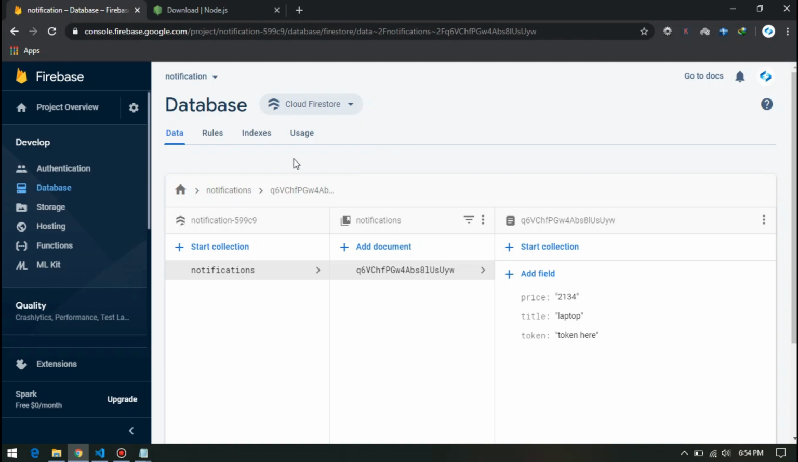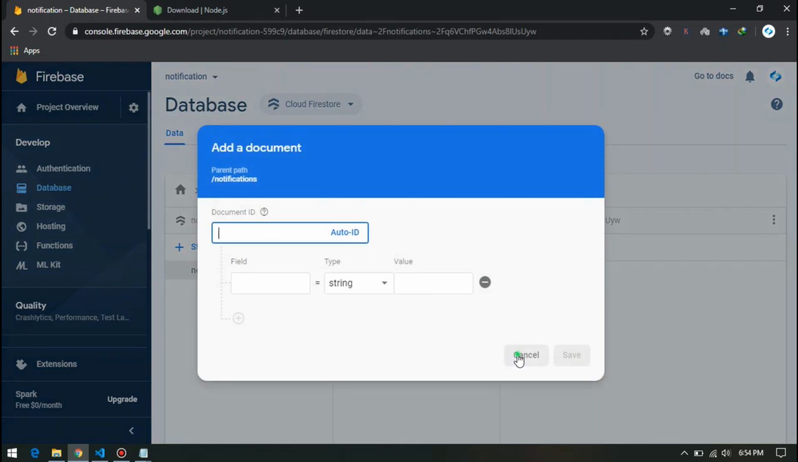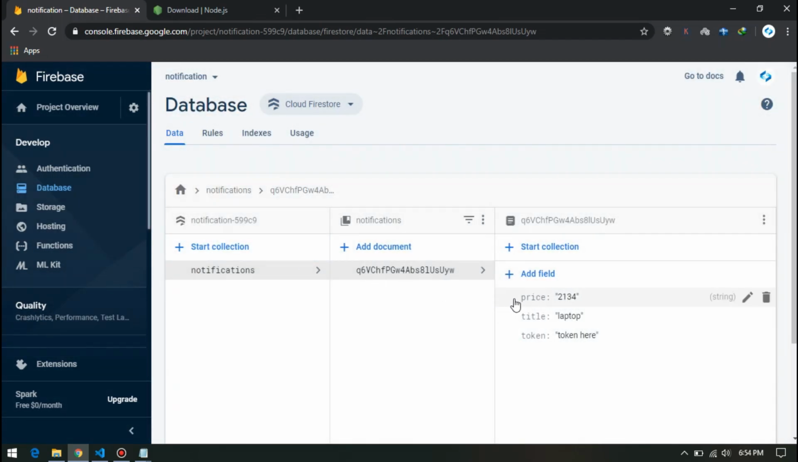So in this part we are going to write a simple JavaScript function which will automate sending notification from the database to the device. Suppose here we have a collection of notification, and inside this we have documents and some data. Whenever a new document is created inside this notification collection, the data of this document will be sent to the device, for which we will also provide the token of the relevant device. So let's get started